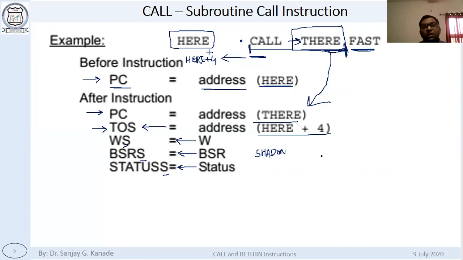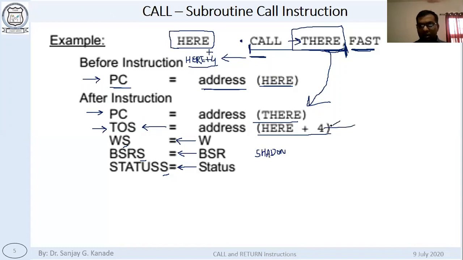So this is how the call instruction works. What happens in the beginning? Whenever there is a call instruction, the stack pointer increments. The address of the next instruction in the original sequence goes to the top of stack.